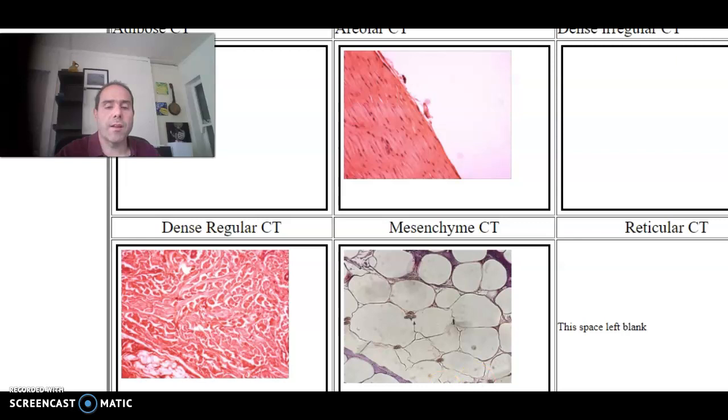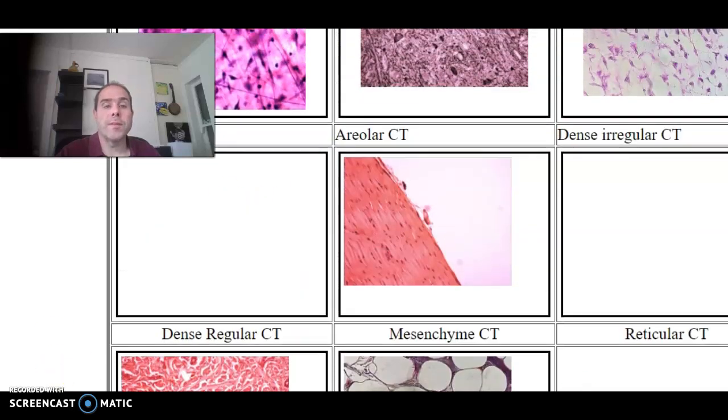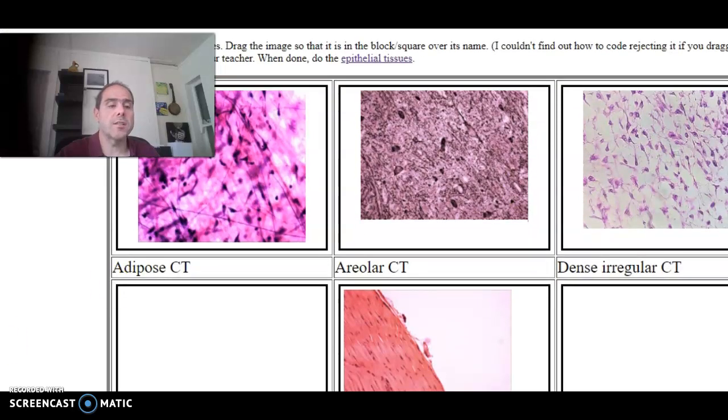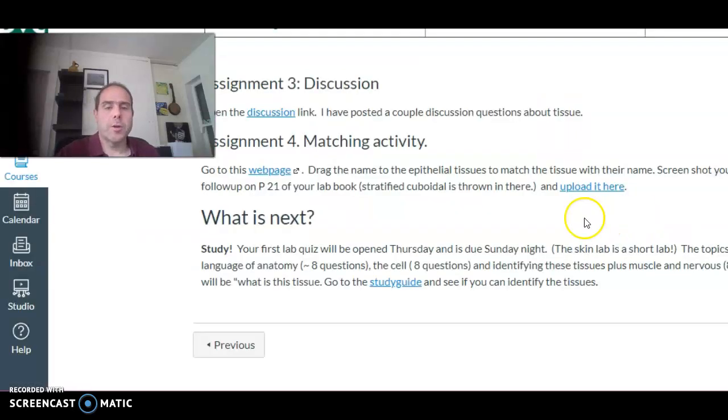So there's a blank space here. There's 2 tissues here. So these tissues are all mixed up. So I can get it done by only moving each tissue once. See if you guys can do that. That is your challenge. If you don't do it only moving everything once, don't tell me. I'll assume you did. So your screenshots of that, your 3 epithelial histology drawings, 3 connective histology drawings, and your